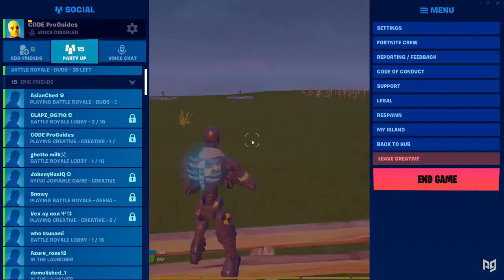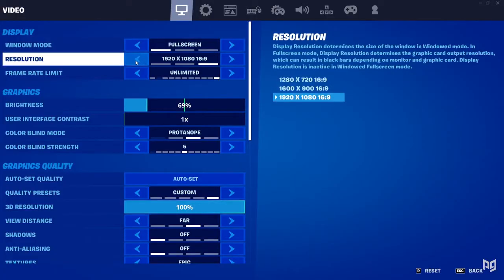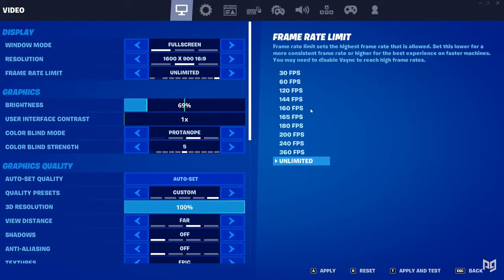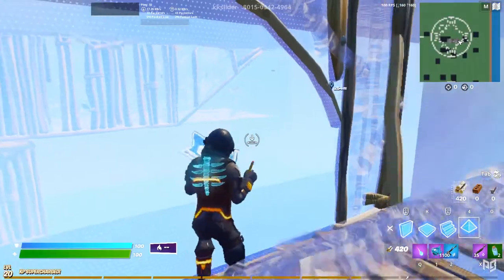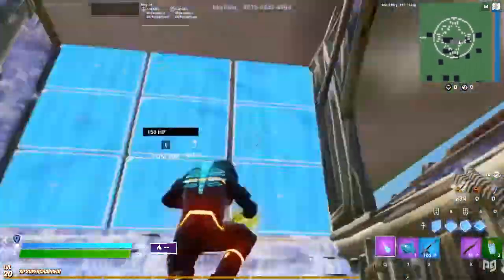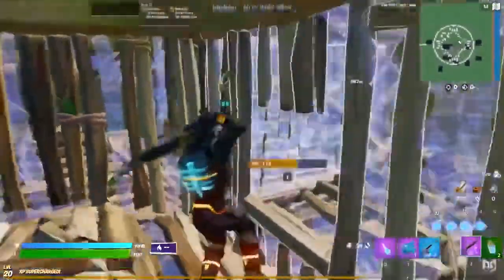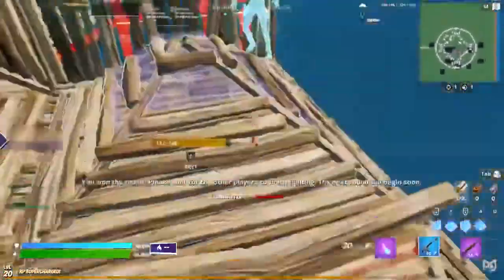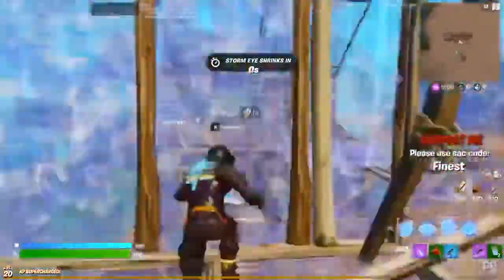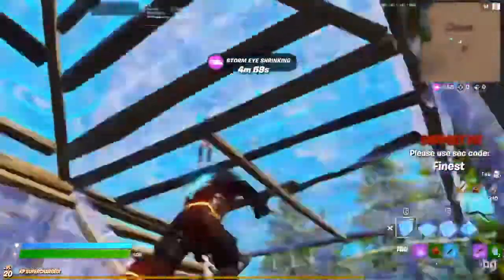Okay, so another way to improve your performance is by taking advantage of the ability to lower your resolution to 1600 by 900. Lowering your resolution simply means having your game display fewer pixels on the screen, meaning your GPU will have to process fewer pixels, therefore the game is going to run smoother. Using a lower resolution will unfortunately make your game look worse and more fuzzy because of the lack of pixels. However, it will increase your FPS and performance, all right? And alternatively,